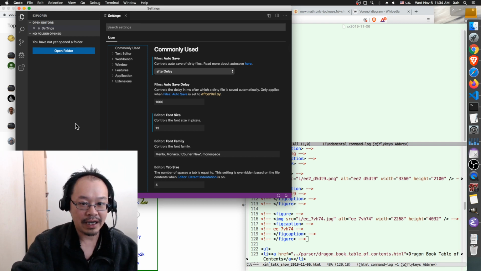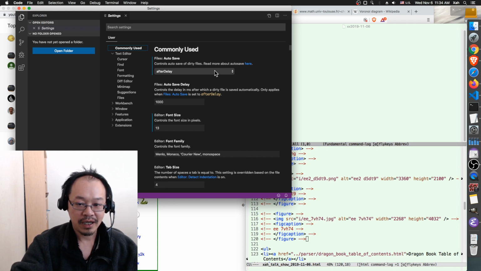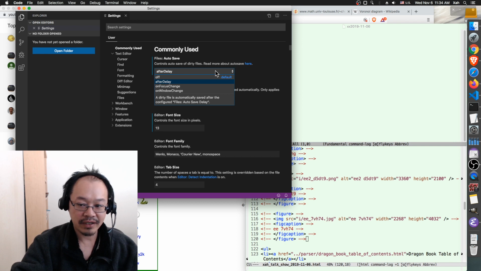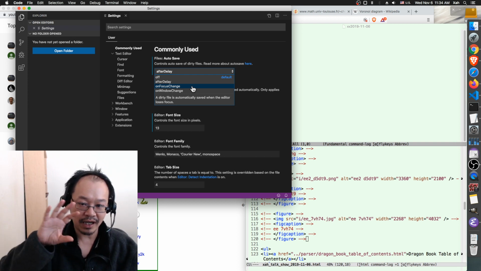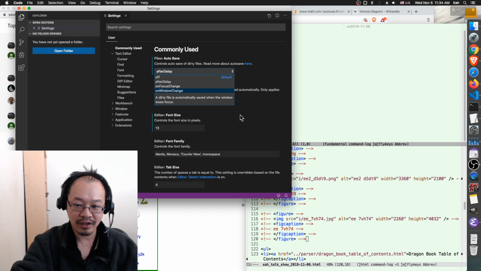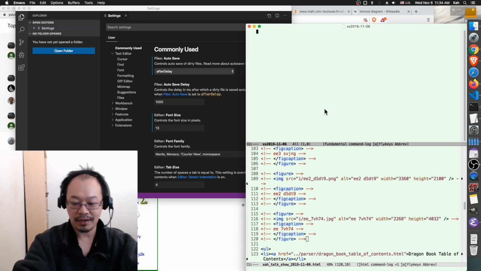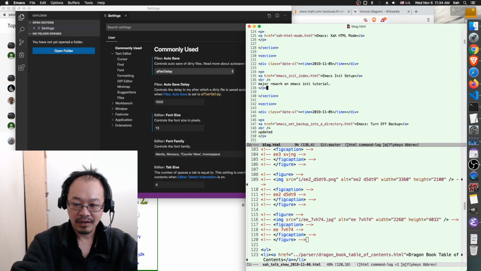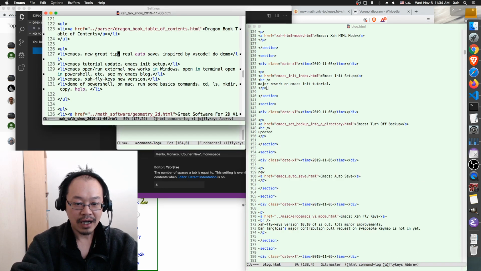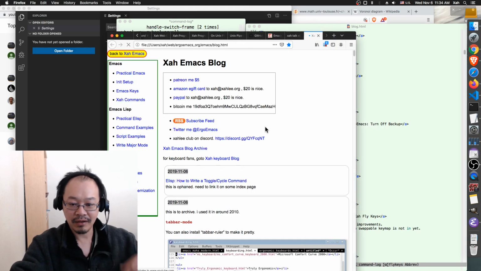So I was looking at Visual Studio preferences, and you have, for example, an autosave option, and you can choose between after delay, or you can choose on focus change, which means when you switch out of Visual Studio, then it does save. So when I saw this, I thought, wow, that's a great thing. So I did that in Emacs as well. So if you are an Emacs user,